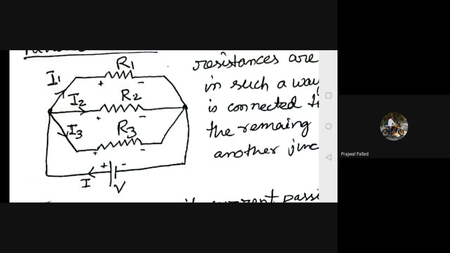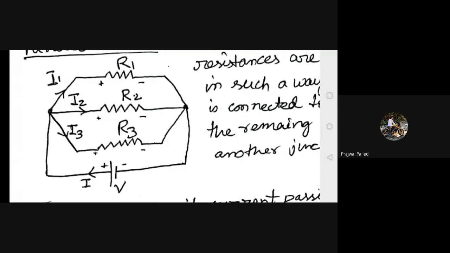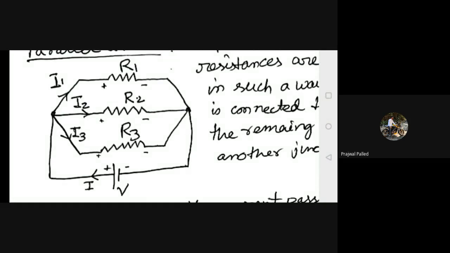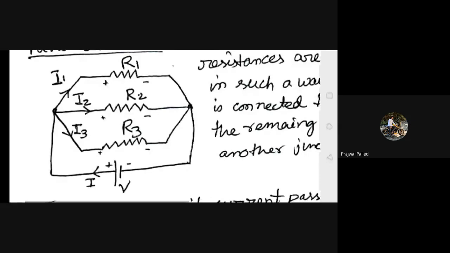That means voltage across R1, voltage across R2, and voltage across R3 are the same voltage. That means in parallel circuits, voltage remains same in parallelly connected resistances. So V1 across R1, V2 across R2, V3 across R3 are the same. That is V1 is equal to V2 is equal to V3, that is equal to capital V. Are you getting my point? Any questions about why the voltages are same?